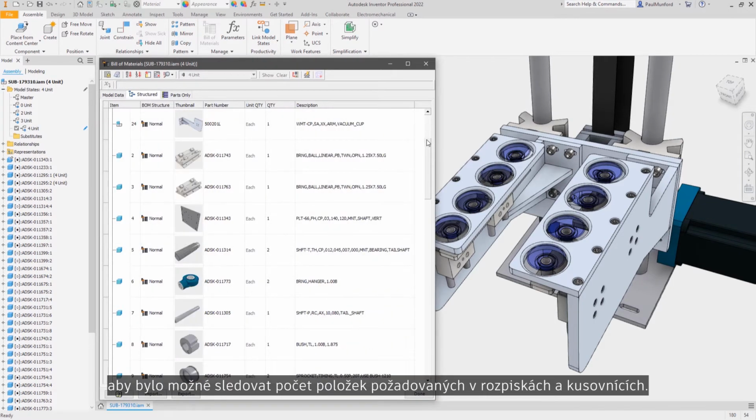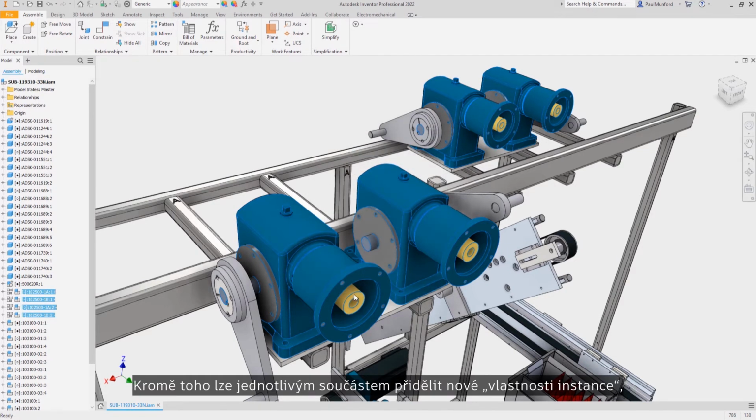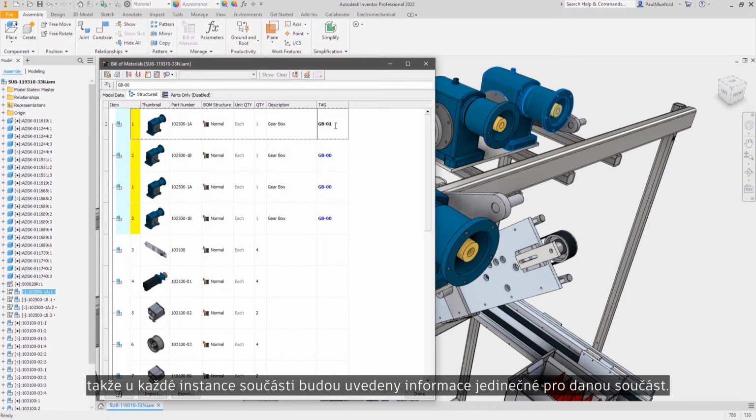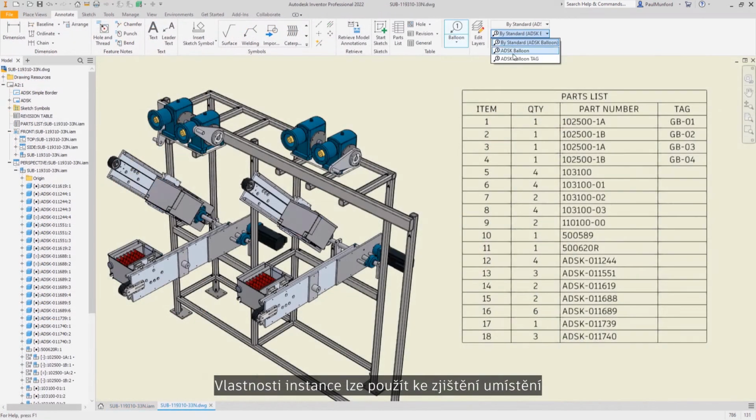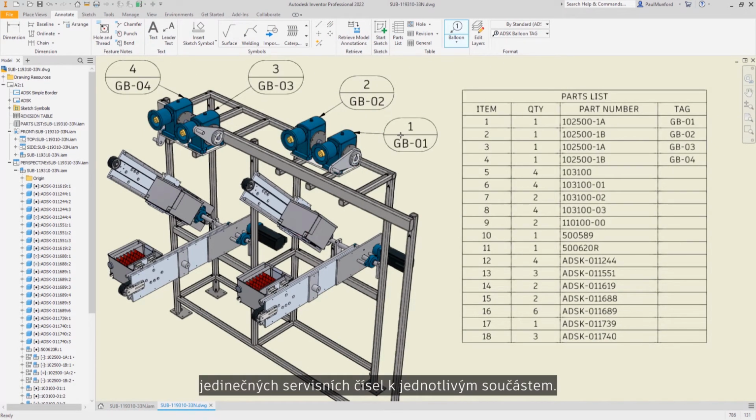material and parts list. In addition, new instance properties can be allocated to individual components, allowing each instance of a component to be tagged with information that's unique to that component. Instance properties could be used to identify the location, order of fit for your assembly, or to add unique service